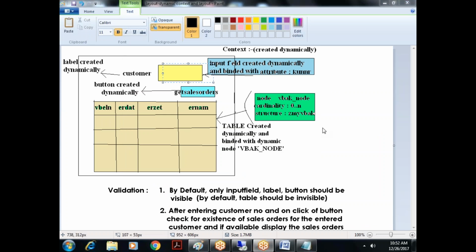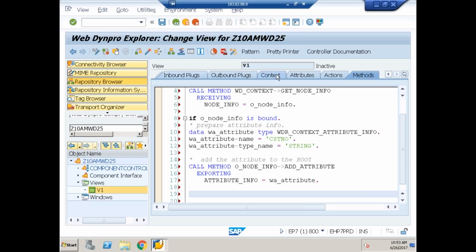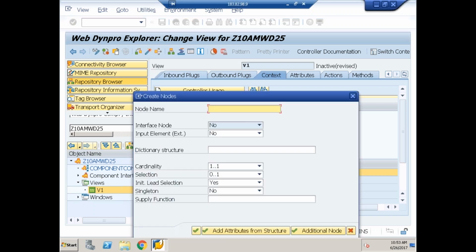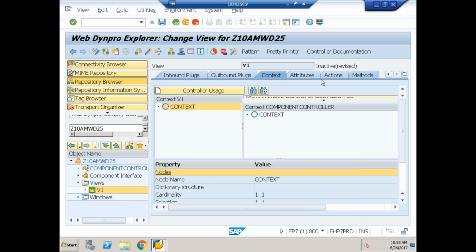Right. So this is one of the attributes I require. I have created it. Then I require one node so that I can bind with that table. Generally, if you create the node in design time, every node should have a node name, and if you are referring to the dictionary structure, we have to give the dictionary structure, and we have to give the cardinality. Understood. So here also, if you want to create the node dynamically,